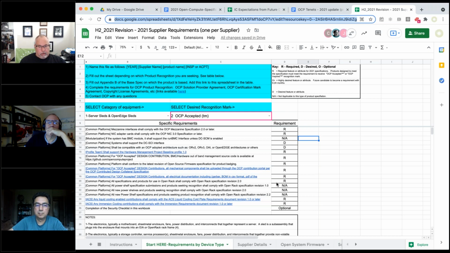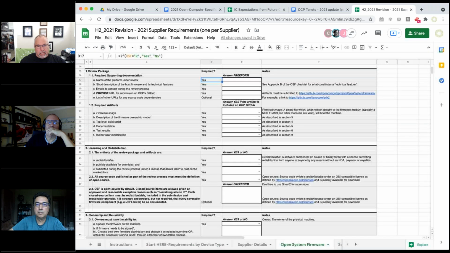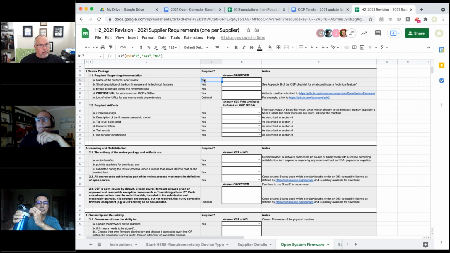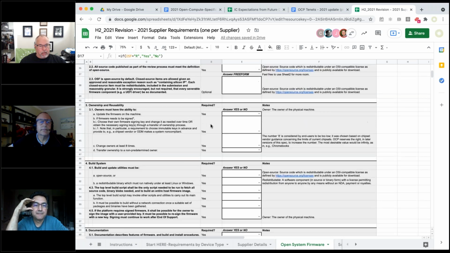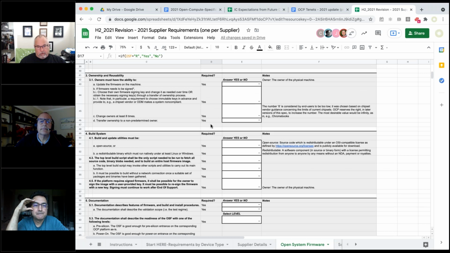And then when you go to these various tabs, based on what you said, it either populates it with yes or no. So all of these, the requirements column D becomes optional, or is auto-populated based on how you answered it.